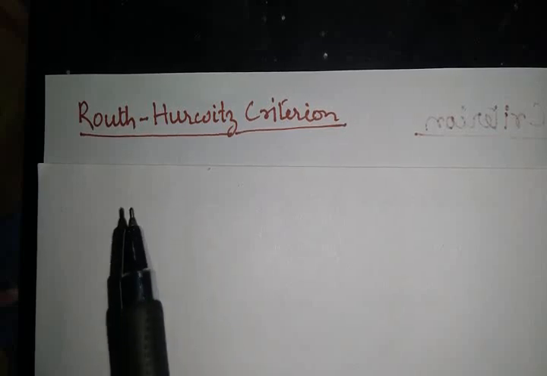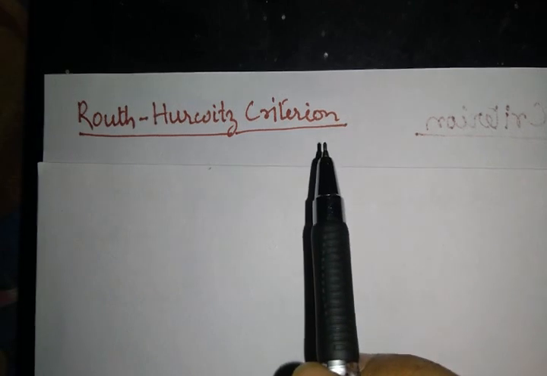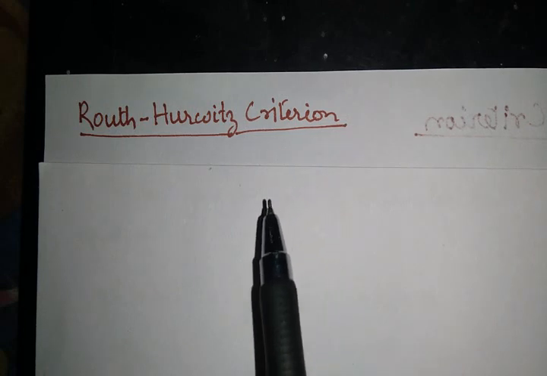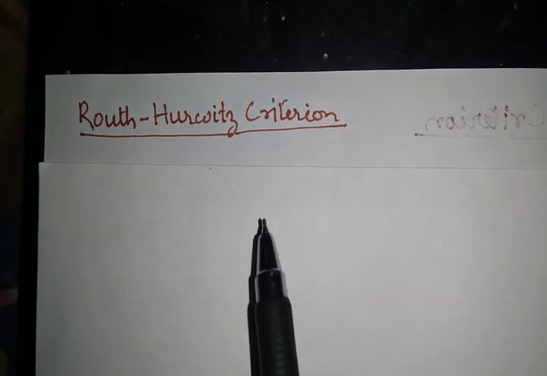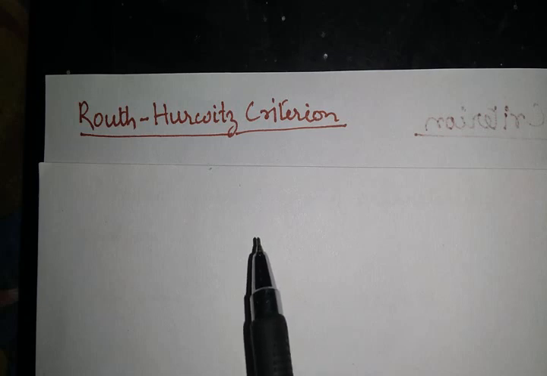To control system lectures. In this video I am going to discuss the Routh-Hurwitz criterion or RH criterion. The main purpose of RH criteria is to find the stability of closed loop systems. Now let us see how to determine the stability.